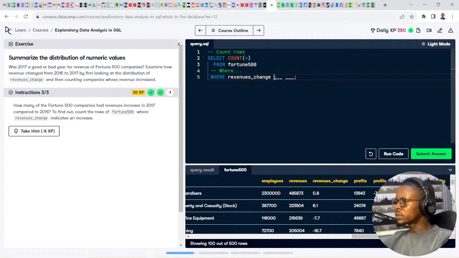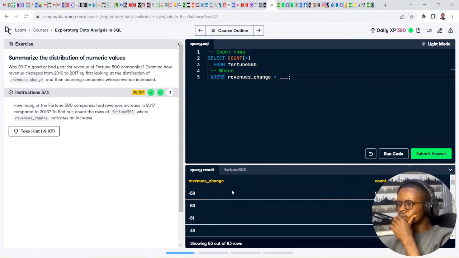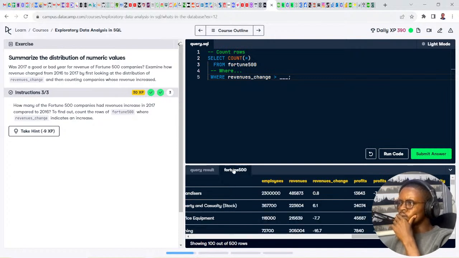It should be greater than what? Greater than what? Oh, the most important thing. Greater than zero, definitely, because there are some negative values there.